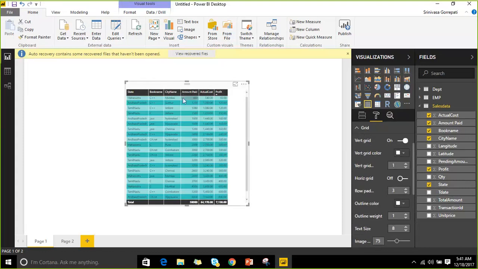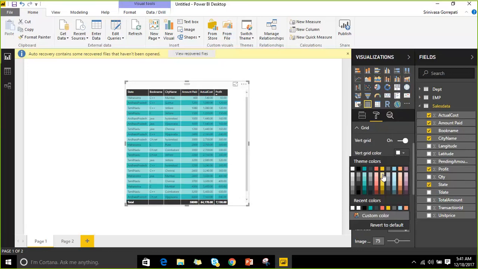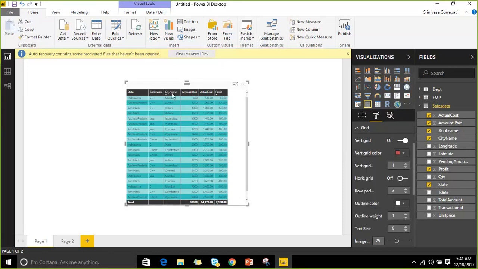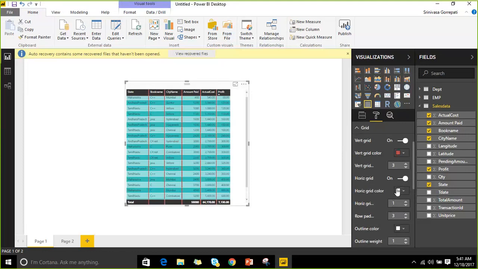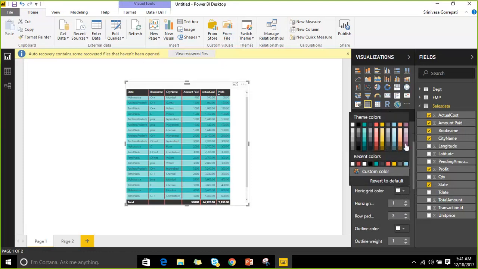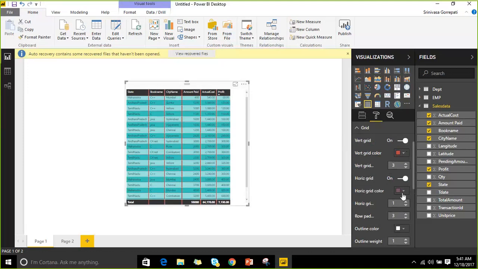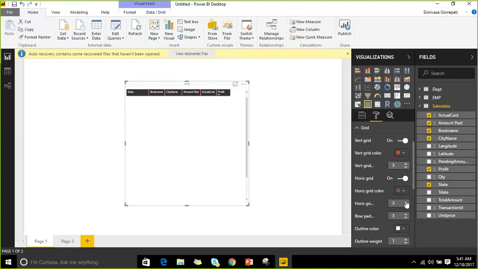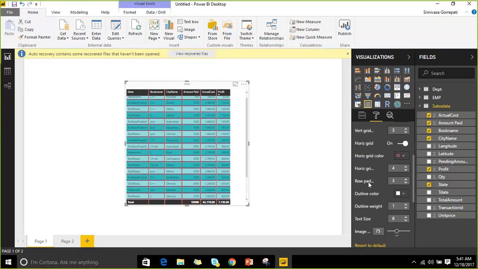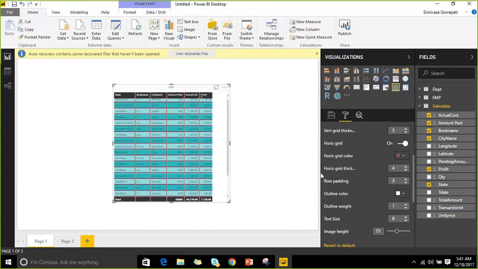Grid is nothing but each cell will be considered as a grid. Vertical grid, yes. And what is the color? So you are able to see that the vertical lines were made with the color. And what is the size? And horizontal grid, enable, and what is the color, and what is the size of that one, and row padding,